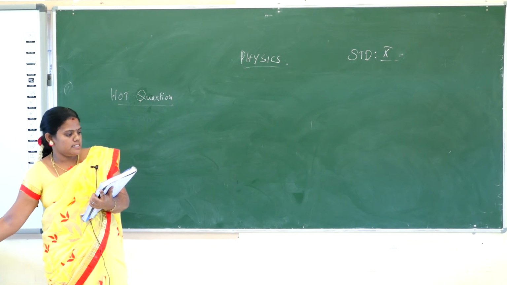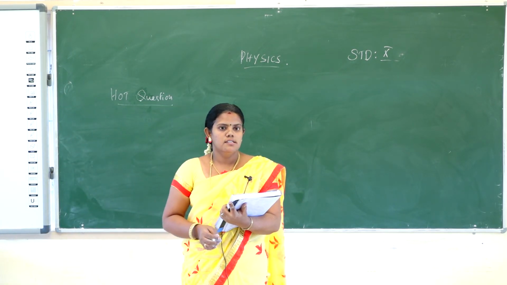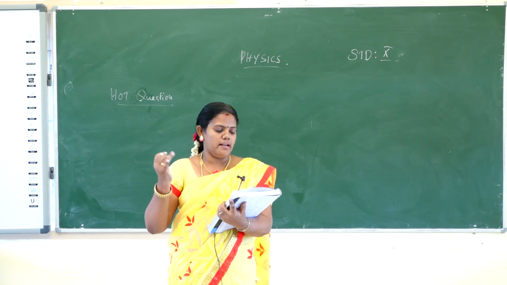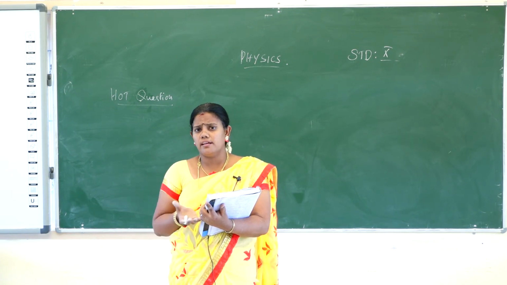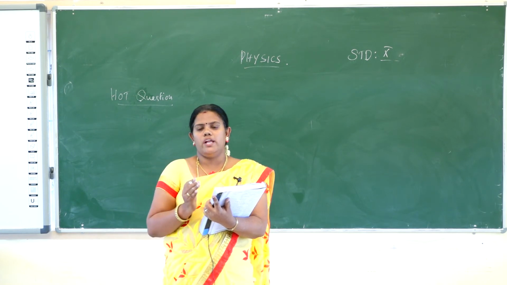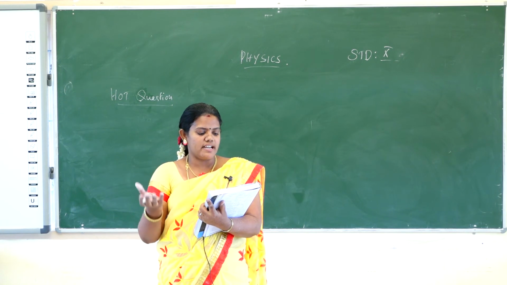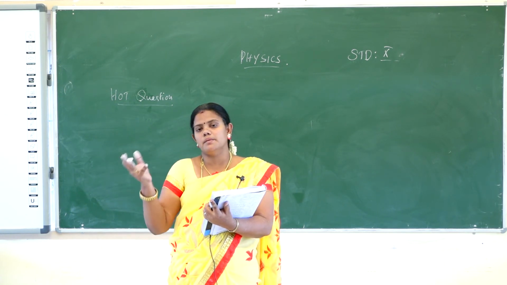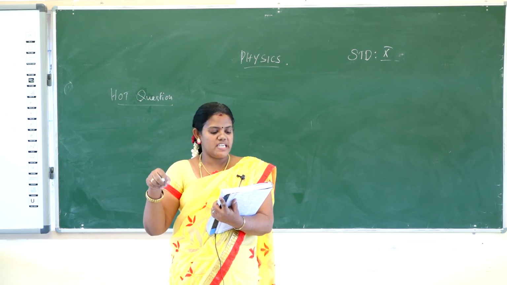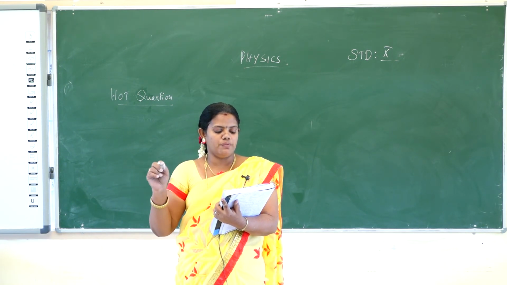Second problem: a heavy truck and a bike are moving with the same kinetic energy. We will choose the two, truck and bike. They have the same kinetic energy. What is the meaning of kinetic energy? Any body that is moving has some energy, that is the kinetic energy. If the mass of the truck is 4 times that of the bike, so mt is equal to 4 times mb. Calculate the ratio of their momentum.